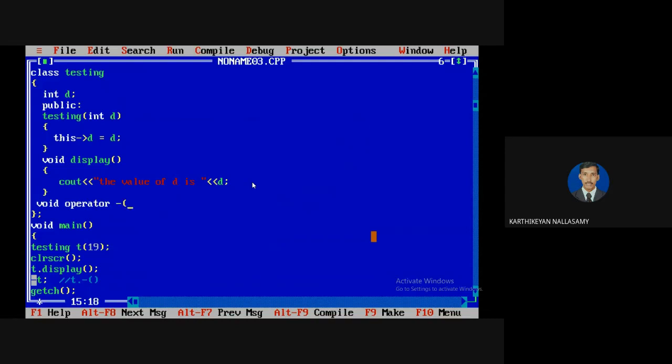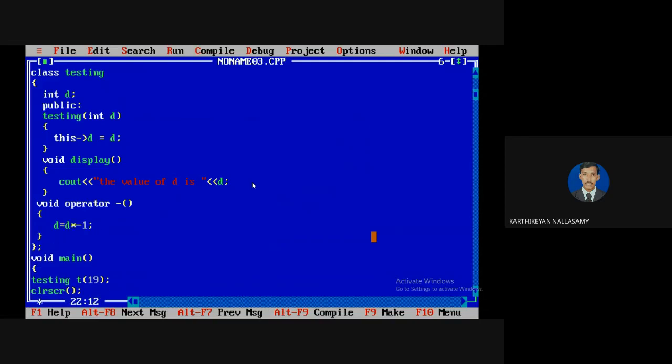There is no argument, because this is a unary operator. For a unary operator implemented as a member function, it won't take any parameters. I'm going to change the sign of the number of the current object, simply by multiplying by -1.